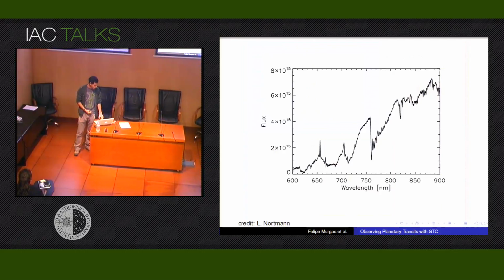So Lisa Nordman, one of our collaborators, first extracted the PSF from HAT-P-32, and then added all the spectra. By adding all the spectra, you can get this really nice plot of the spectra of the contaminant or companion. We are guessing that this is an M dwarf. We haven't really established the class, but we are pretty sure that it's an M dwarf